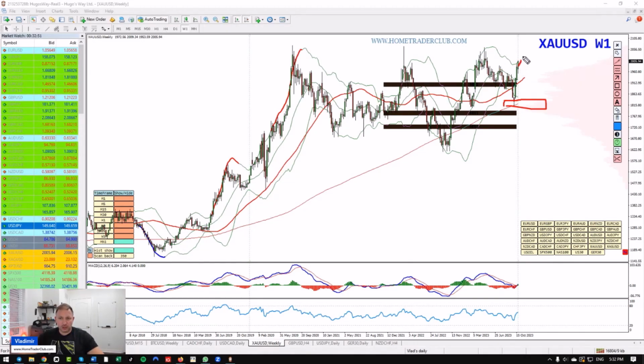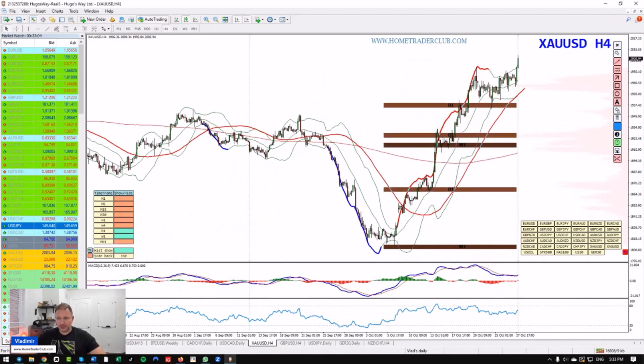As long as this low holds, any pullback here is now a return directly to the higher time frame with the expectation of further continuation. Technically speaking, only technically speaking, there is a bearish divergence on the 4-hour chart, which could eventually bring this correction. But with the trending structure in play and with the weekly, daily, monthly all lined up to the upside, these corrections should be nothing more than small corrections,